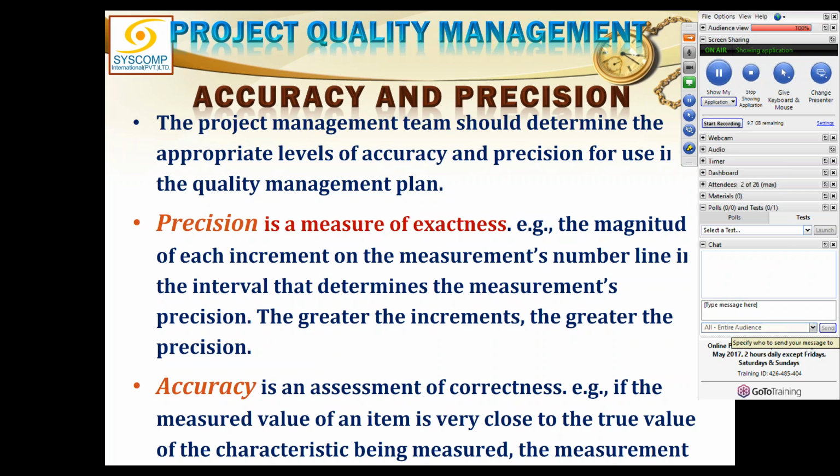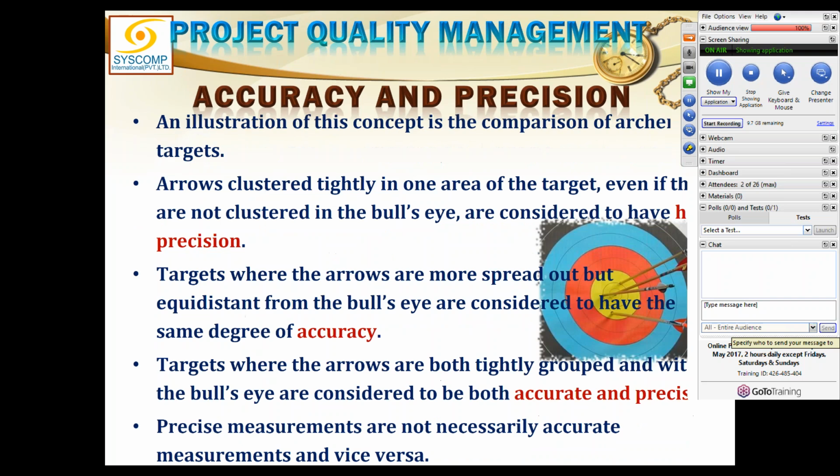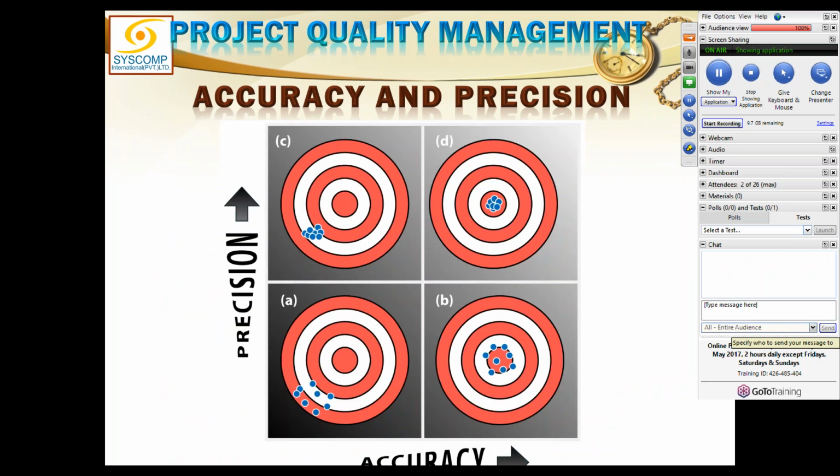We, in quality, check the correctness of the things. If you see how correct something is, that is the accuracy. And how much is it aligned to the requirement or to the target, that is the precision. So let me show you an example. If we look at this diagram, if accuracy is on the x-axis, and precision is on the y-axis, you see,